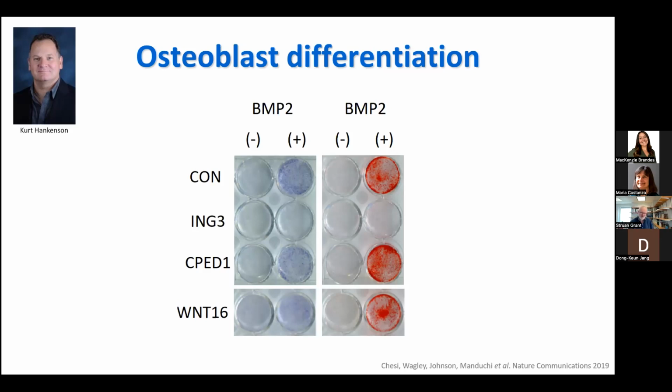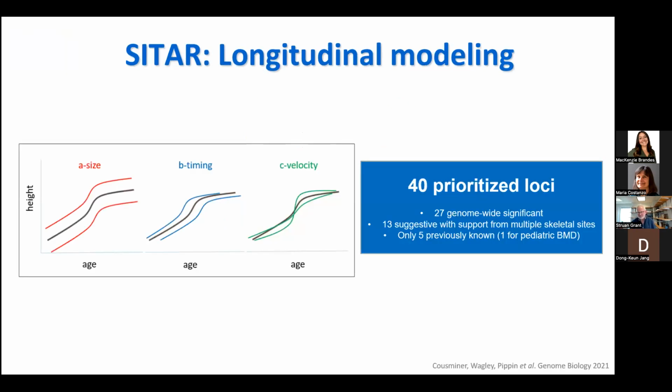But we are pursuing ING3 as being at least part of the story at this locus. And just as an aside, as I said, with Babette Zemmel, she'd actually been collecting these kids over years, and what helped us actually find more loci was the fact that we had this longitudinal information that we could take multiple time points, and by doing longitudinal, it helped increase our haul of genetic variants for bone mineral density in kids.